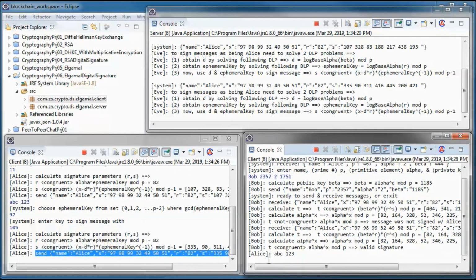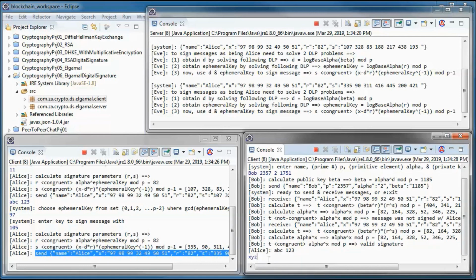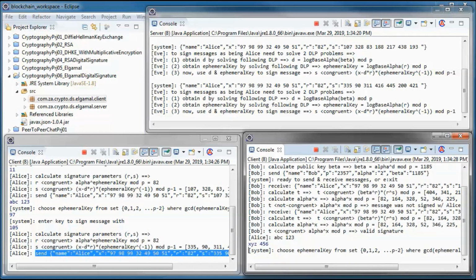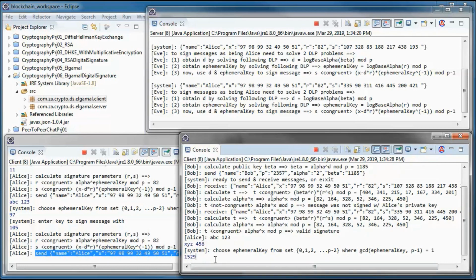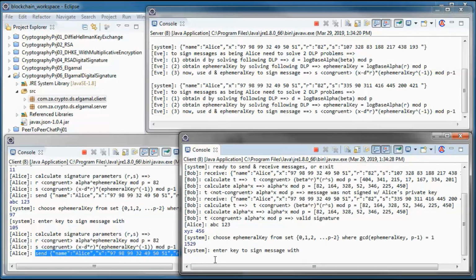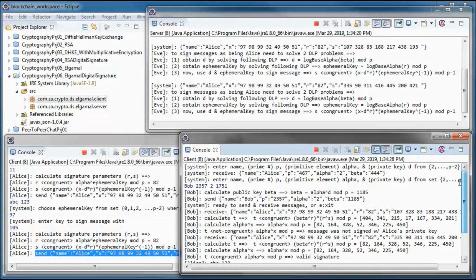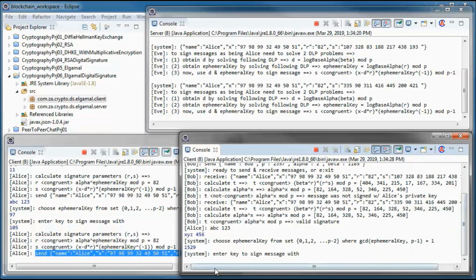And if he wants to send this message with this ephemeral key, and let's have him sign it with his private key.